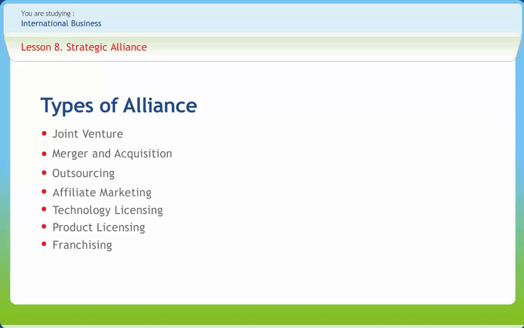A joint venture is a legal entity formed between two or more parties to undertake an economic activity together. The phrase mergers and acquisitions refers to the aspect of corporate strategy, corporate finance and management dealing with the buying, selling and combining of different companies that can aid, finance or help a growing company in a given industry grow rapidly without having to create another business entity. Outsourcing often refers to the process of contracting to a third party.